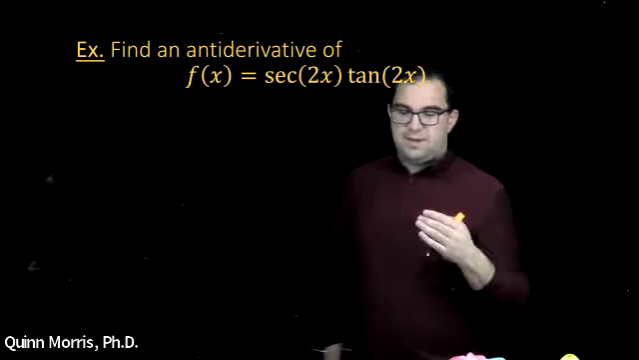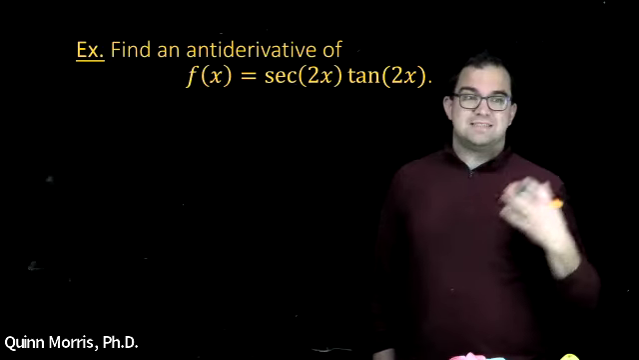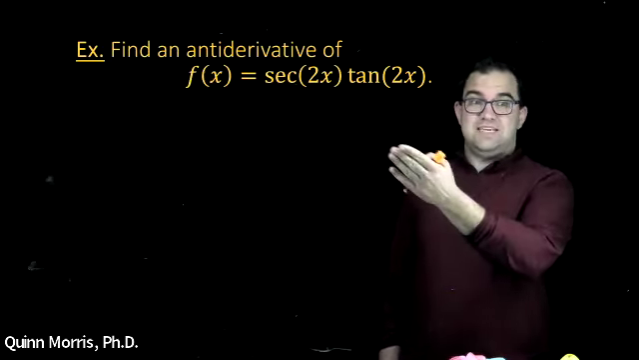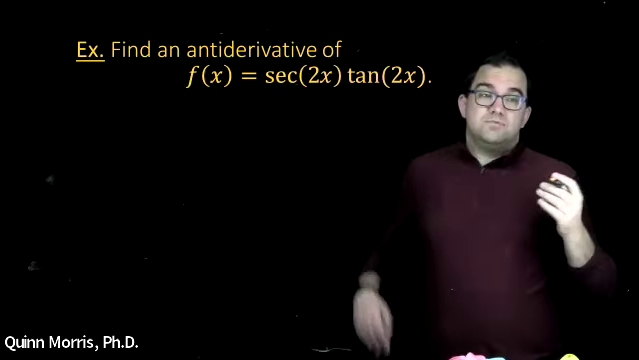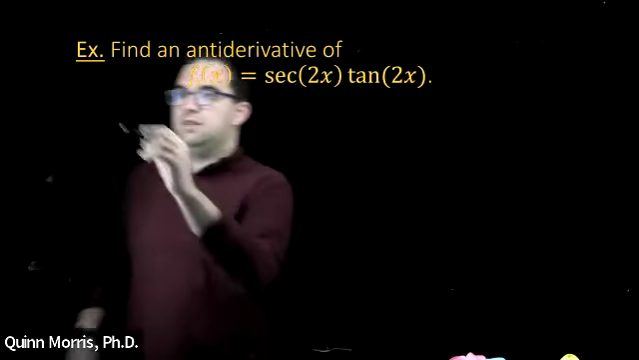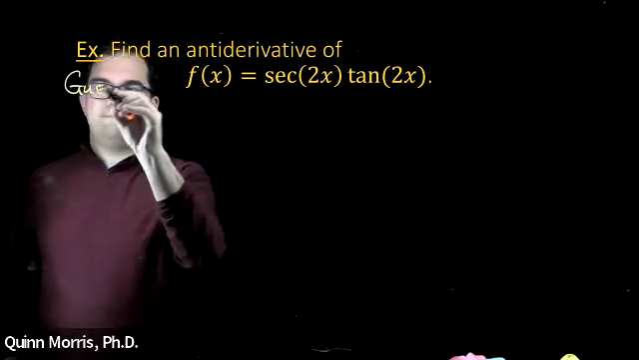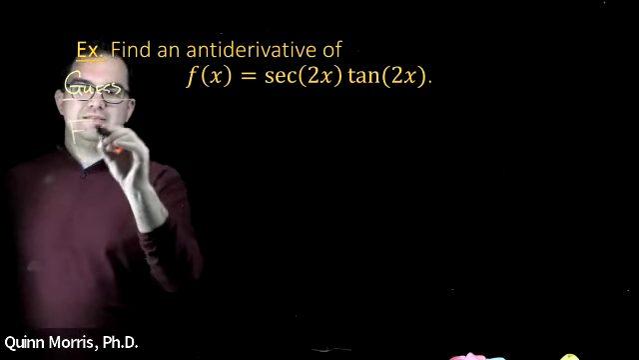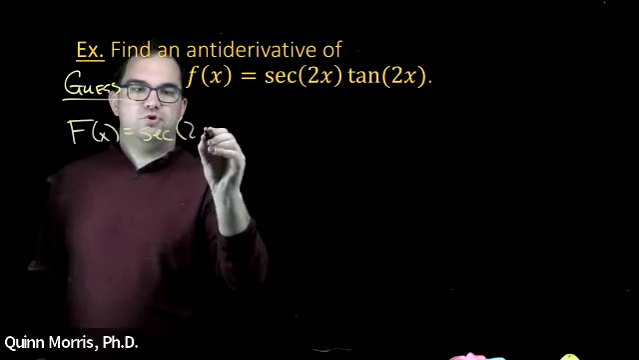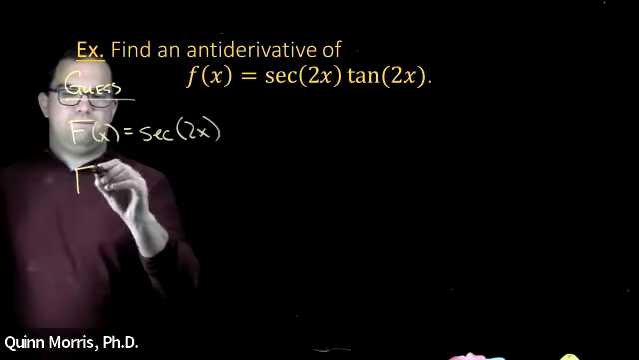Okay? And so if you think back, you might go, oh yeah, I think the derivative of secant of x was secant x, tangent x. Now, that's not exactly what I have here. Right here, I have secant of 2x, tangent of 2x. So I might just guess maybe I should try secant of 2x, right? So let me first start by guessing. What if I guessed that capital F of x was secant of 2x? Okay. Well, now if I was going to take its derivative,